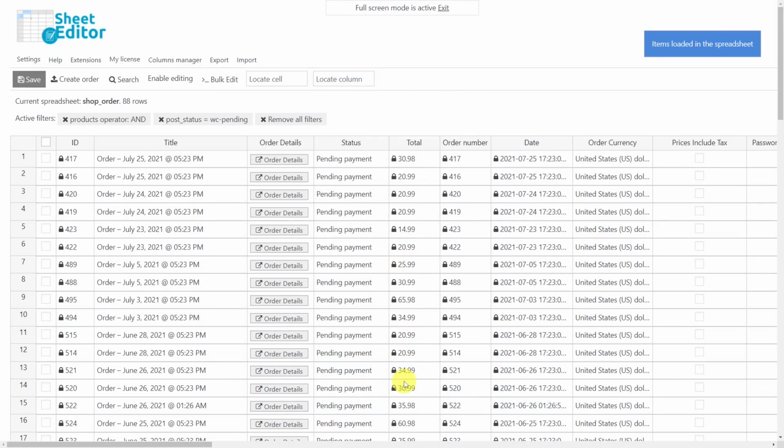As you can see, bulk decreasing prices in all pending orders using the WP Sheet Editor WooCommerce Orders plugin was